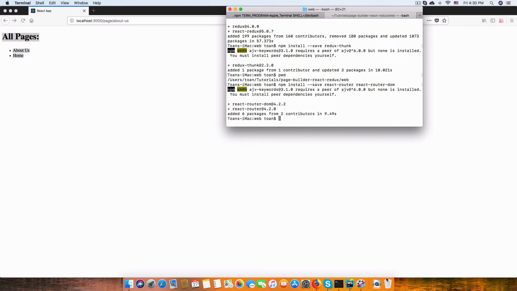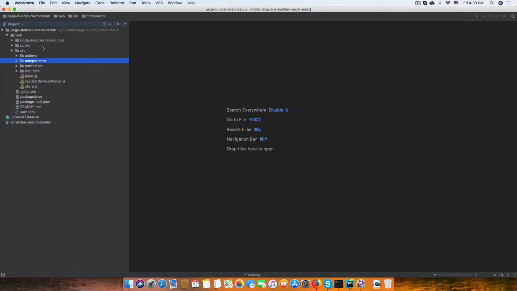So it's done. Let's open the project in my WebStorm, and I will implement the React router in the root